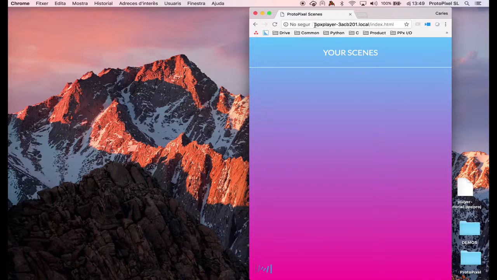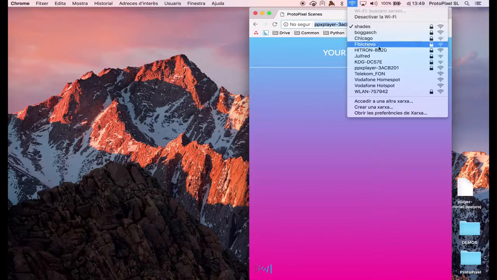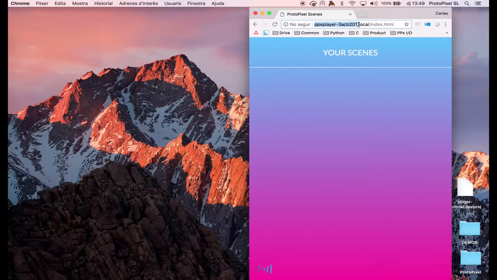We can access the remote interface by putting its name, its code. Every Protopixel player has one. You can also connect to the Wi-Fi that it creates. This one is like a hotspot of the Protopixel player. And you are here.